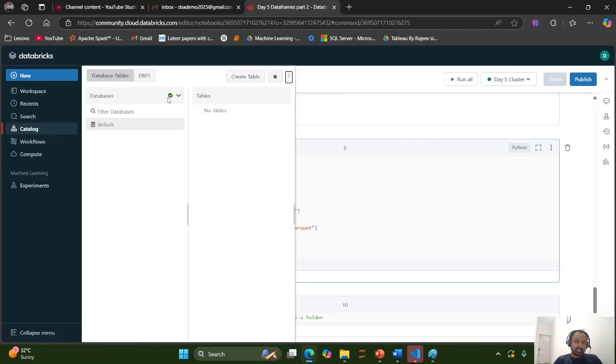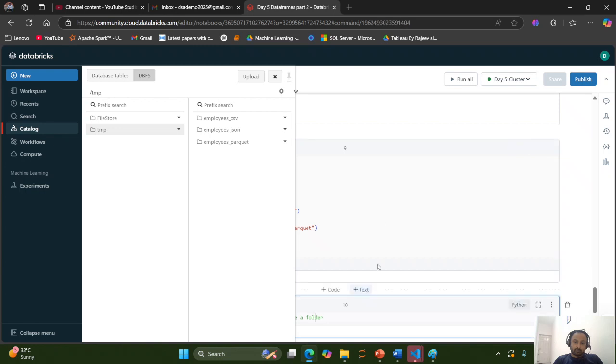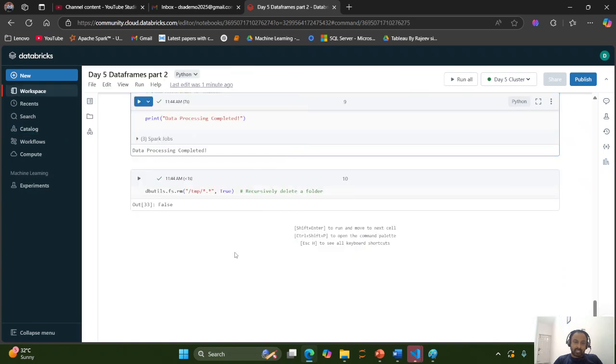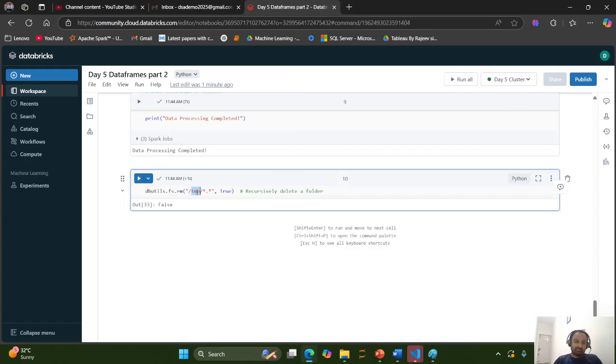So here is the place where we are going to write the data frame. So see, I ran this query, so I already had it. So if you want, I have this bonus command. This is a dbutils command, which would help me to delete all the files from this location. So I'll run this once. So what it is doing, it's deleting everything from this DBFS location. So if you go here,